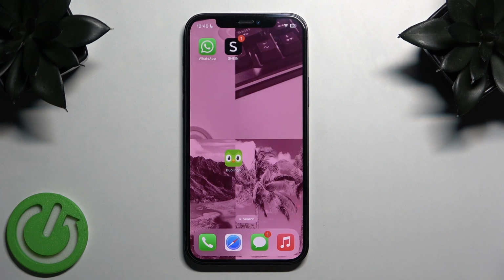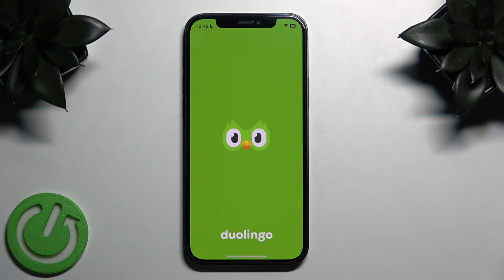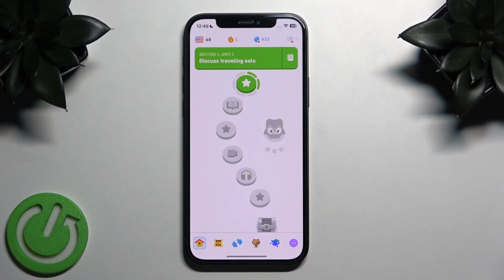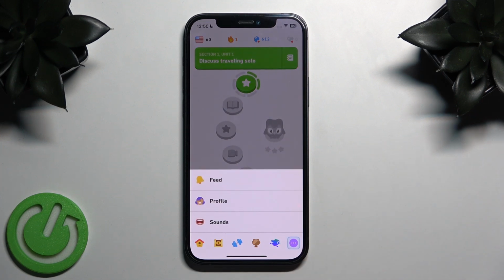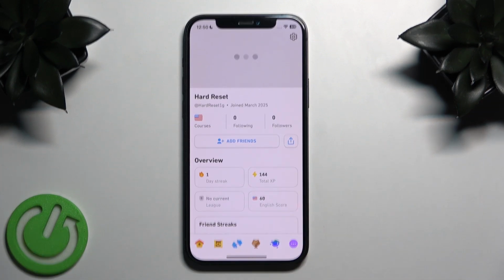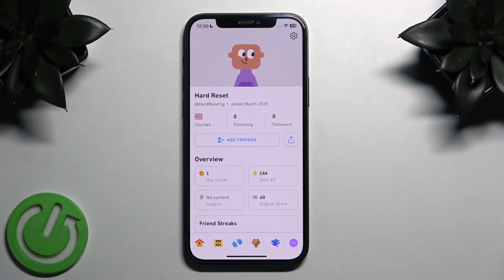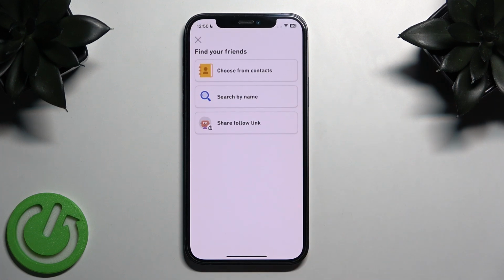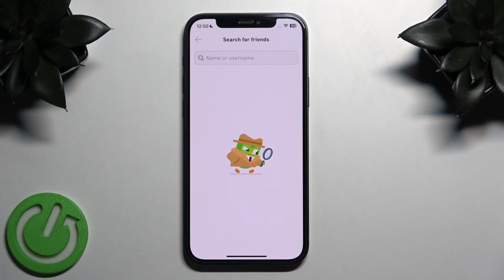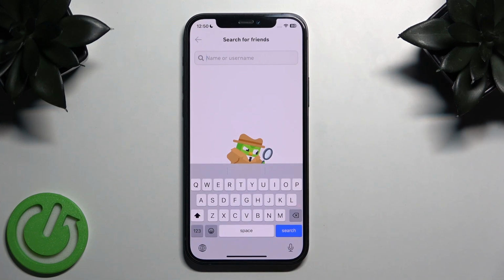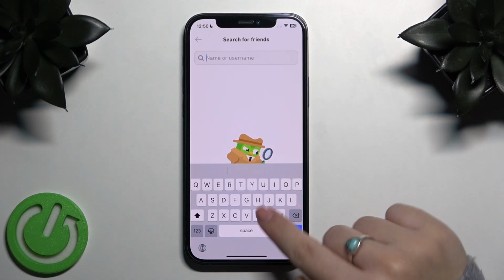First, open Duolingo on your device. Then click the three-dot button in your bottom right corner and then click Profile. Here you want to click Add Friends button and then press the button Search by Name. And here in the searching field, you want to type the username of the person you want to unblock